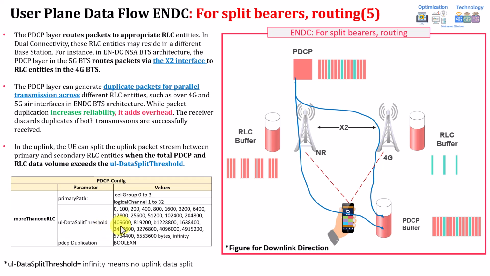This is the traffic threshold where the UE will decide whether it needs to do a split or not. For example, if the data in the buffer of the gNB or PDCP buffer crosses this threshold, whichever value you are setting, this means the UE will decide to do splitting. So assume that you are doing it very early. It's unnecessary. You're moving the data through two legs. This can again result in less performance, especially if you are in a very good area or good coverage. You don't need to do splitting, because at the end, one leg, for example 5G, can handle all the traffic, all the speed.